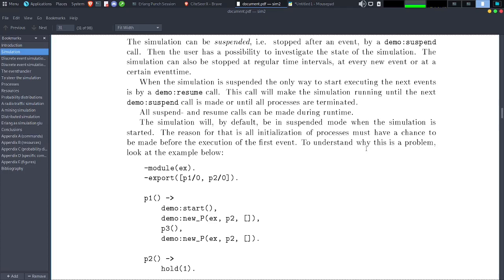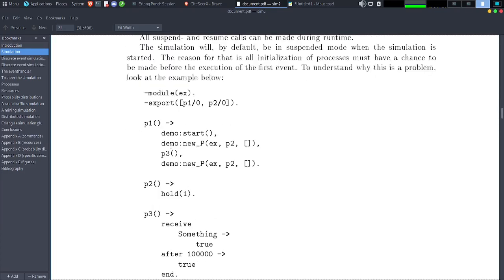To understand why this is a problem, look at the example below. So we have the first code. We define a function p1, so demo start, demo new p, so I think this is a new process for the simulation. P2 with no argument, and we start after that p3, and again p2.